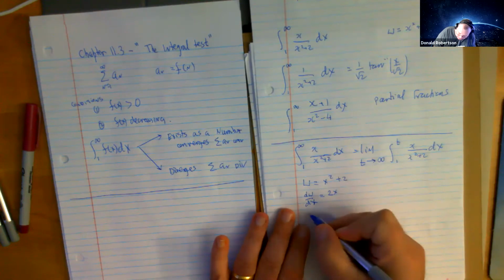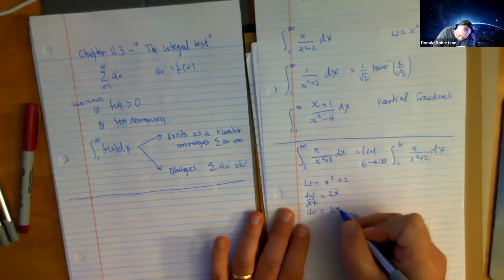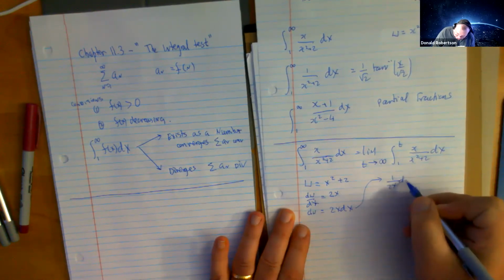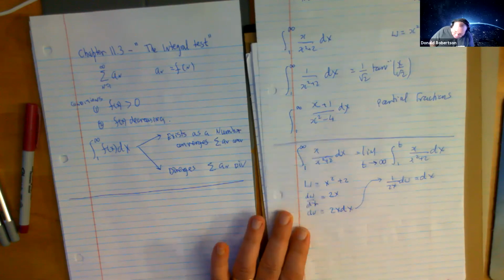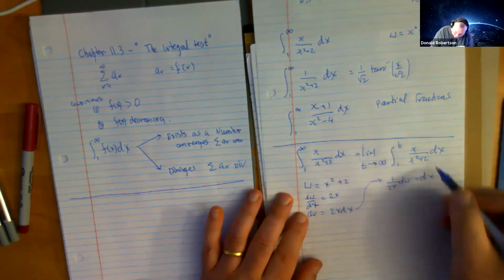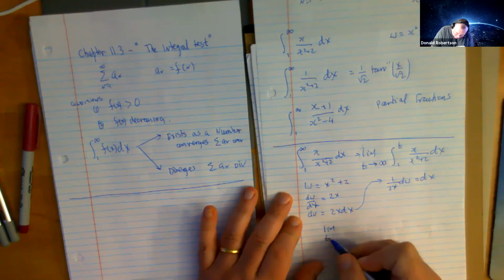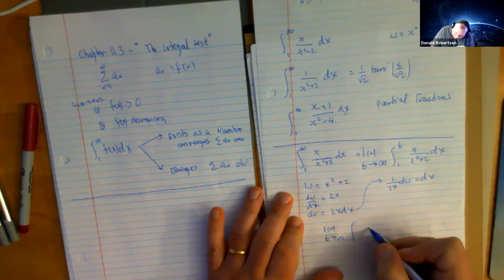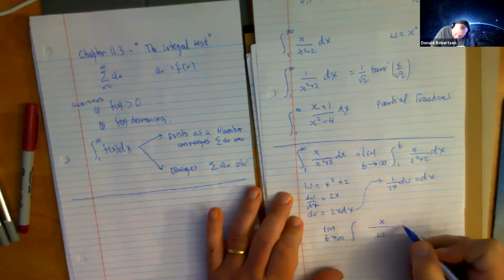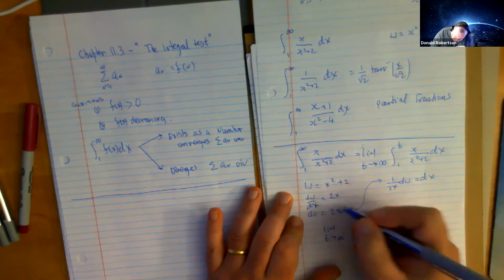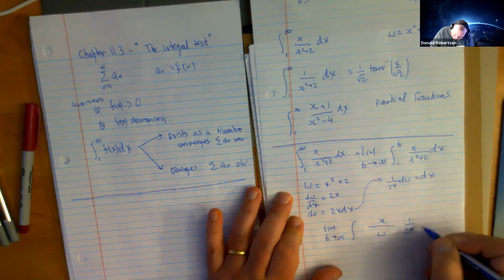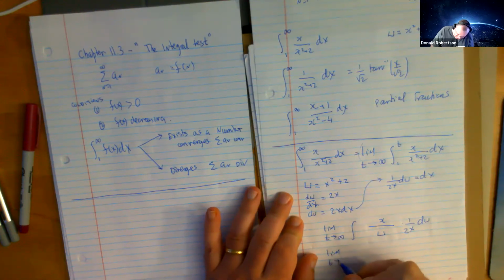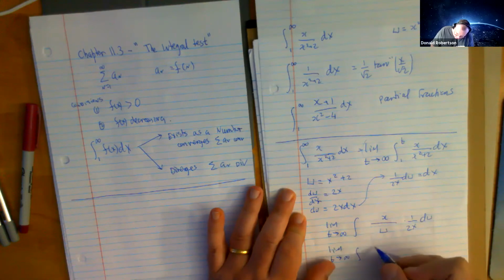Well, different people do it different ways, but if you do the crossover, you get that. And that eventually gives me 1 over 2x du equals dx. So I go to this fella here, and it now becomes the limit as t tends to infinity of an integral. And what do I have? I have a u in the bottom, I have an x, 1 over 2x du. Looks like I'm going to have the limit as t tends to infinity of a half